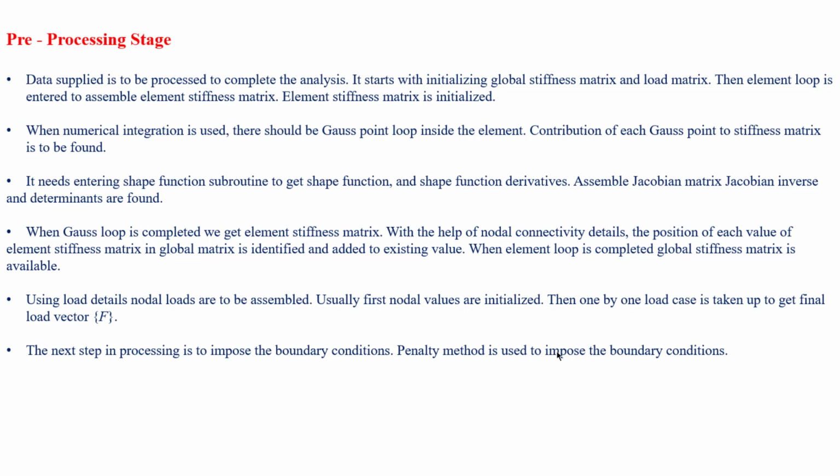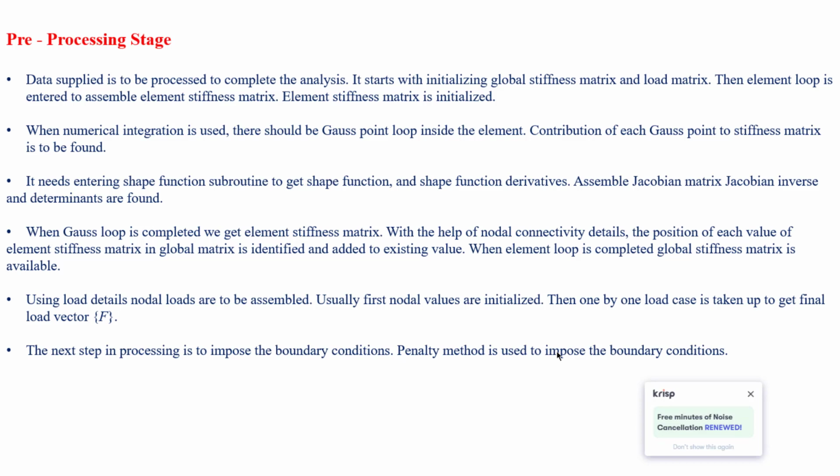From the global stiffness matrix, it will start trying to assemble all the elemental stiffness matrices, and then the elemental stiffness matrix is initialized. After that, what happens? For all the numerical integrations, the Gaussian points will be created, right? For all these Gaussian points, how exactly the stiffness matrix is going to be contributed will be found, okay? And then after that, it will start defining the shape functions for each and every Jacobian matrix. So it will find the determinants, okay? So next thing,